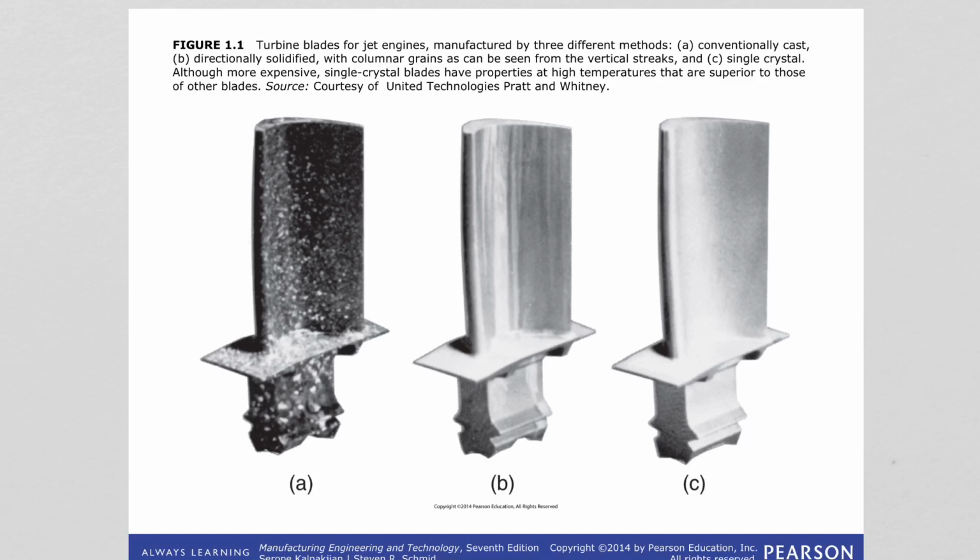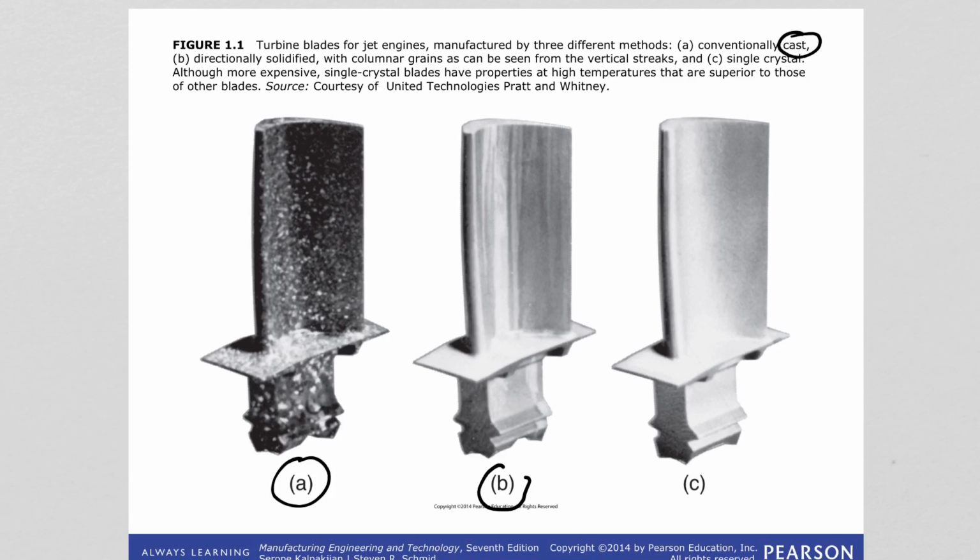And all of these techniques, of course, resulted in a different structure and therefore different properties of the same product is obtained actually. So in the first, A, we see it is made with just conventional casting, and B